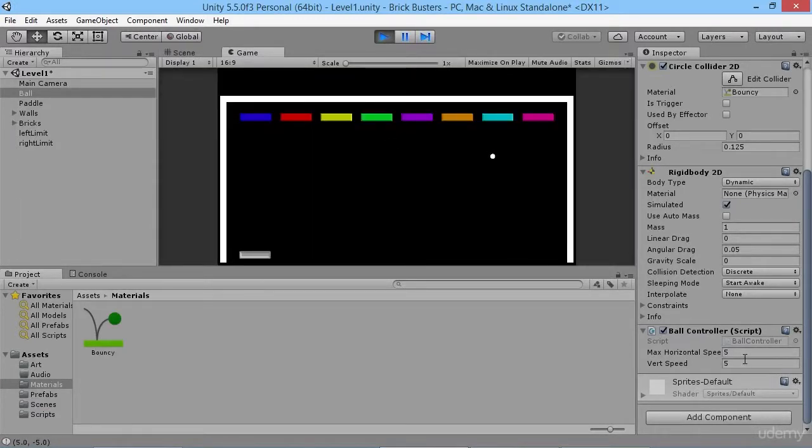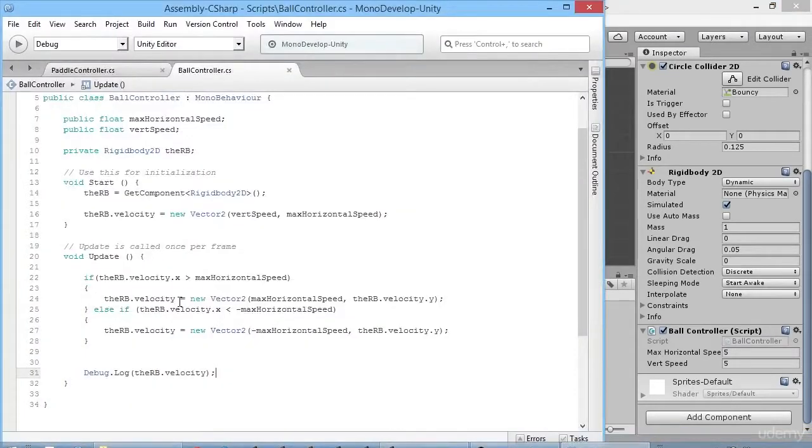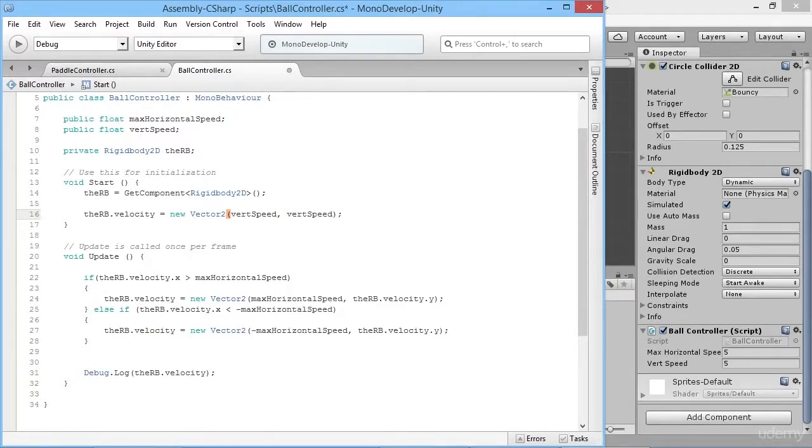Now, you don't necessarily want the maximum horizontal speed to be the exact same as the vertical speed. So say, for example, what we could do is set it so that as soon as the ball starts, it actually uses the vertical speed on the x-axis as well, like that. So we have our ball traveling at a constant speed once it's first started, but